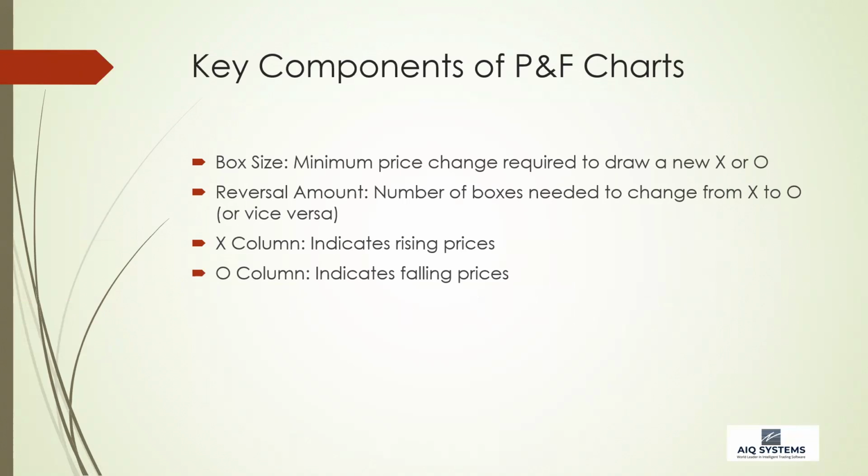So every time you have a column of X's, that's price increasing. Columns of O's is price decreasing. That's the basic way of thinking about it. A new X gets added when prices move up to the level of one of the boxes. So the box sizes are based upon how much it moves depending on the price of the stock. So for example, a $20 stock, the box size is going to be smaller than the box size for, say,